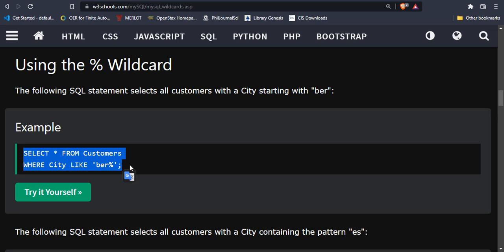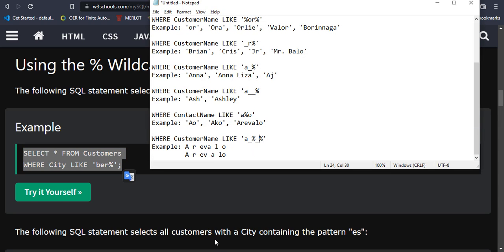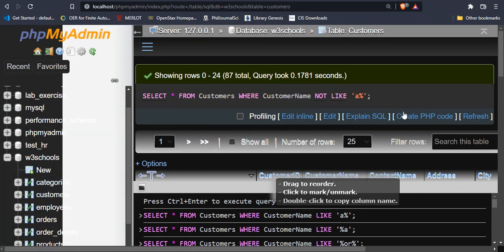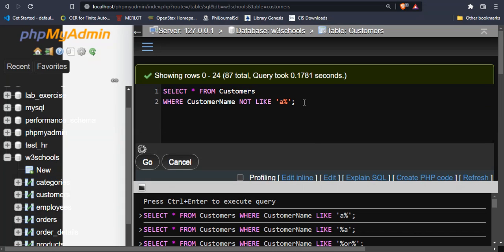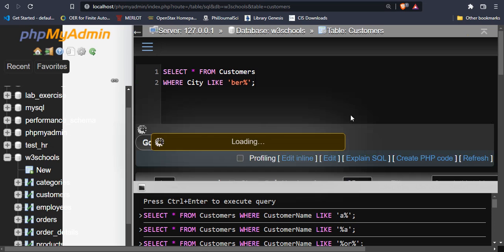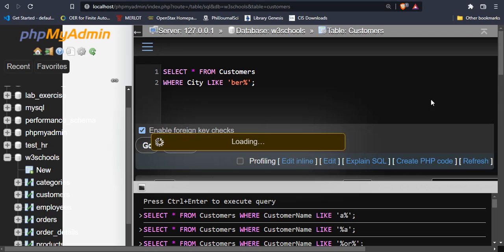I will not finish everything; you can try this on your end so you can see it in actual. This time a different pattern where the city should start with BER. So all customers whose city starts with BER, but we